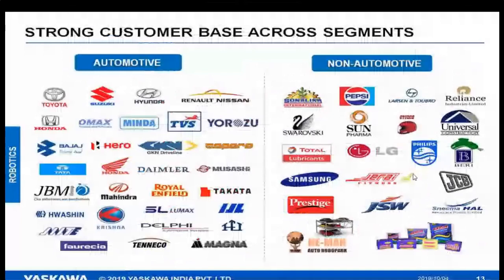These are some of the automotive Yaskawa users. If you talk about Toyota, Honda, Suzuki, Hyundai, Nissan, the Tier 1 companies, Magna, Washin, a Chennai major, a lot of companies, JBM and all. We have a big presence in automotive, and in the same way non-automotive companies also, like PepsiCo, L&T, Reliance, helmet manufacturers. We supply robots to diamond manufacturers, the Prestige, Arasan Soap in Coimbatore and Pondicherry for palletizing application, aerospace, car parking systems, gym equipment manufacturers.